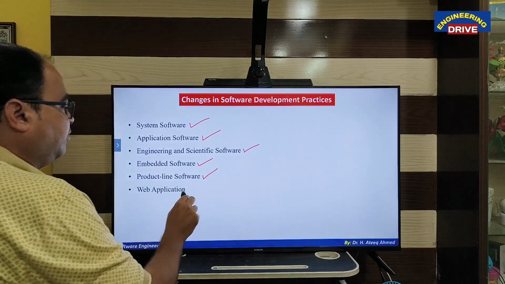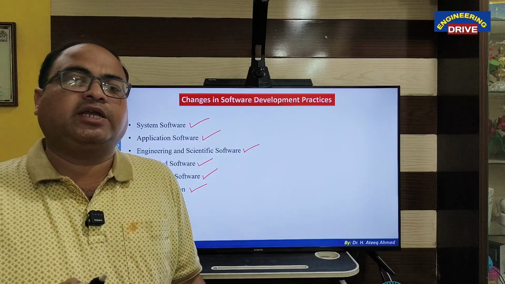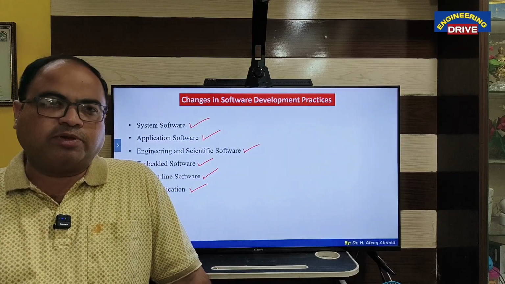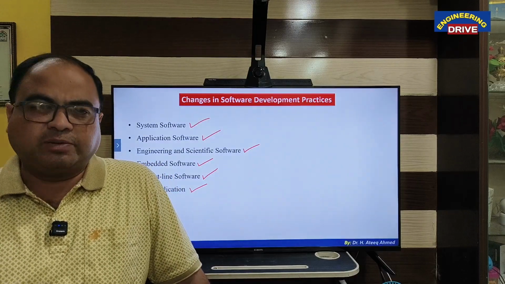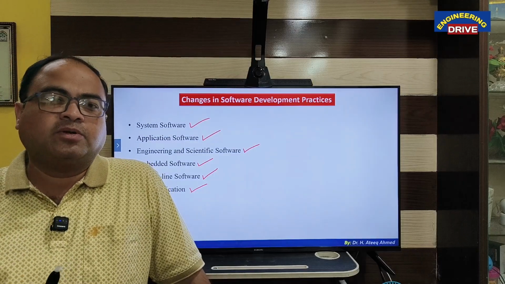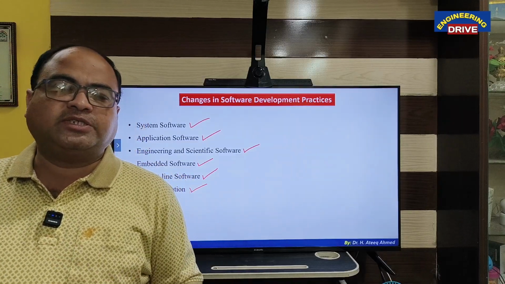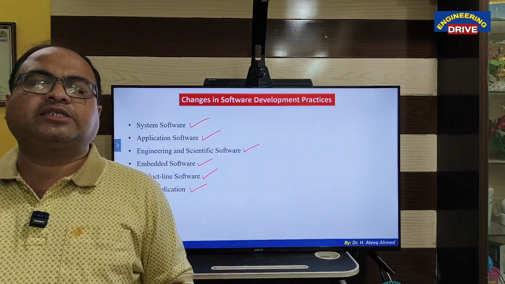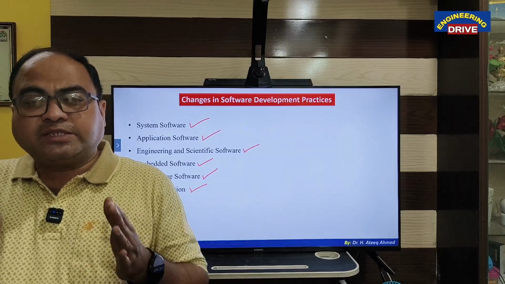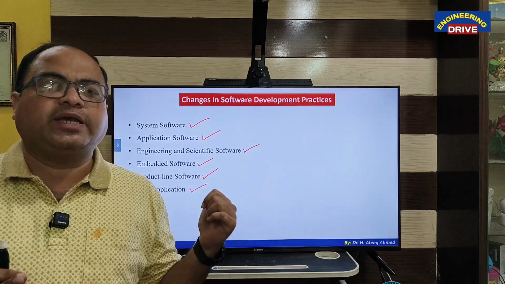And then came web applications. The websites which we are seeing at present, it can be online shopping websites, or any hospital management system, or any online library system, or online attendance system, or college management system. All these applications which we are seeing at present come under the category of web applications.